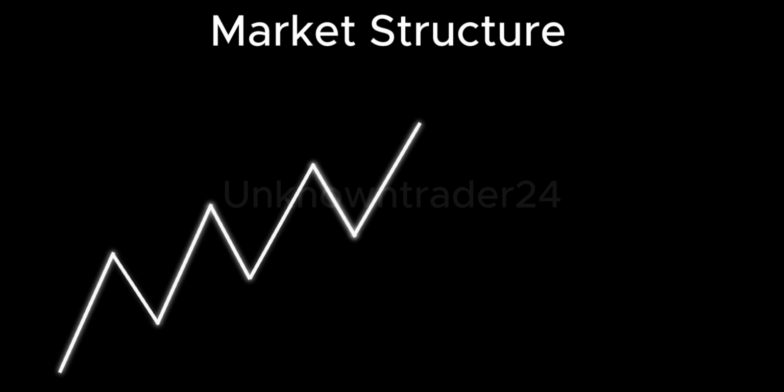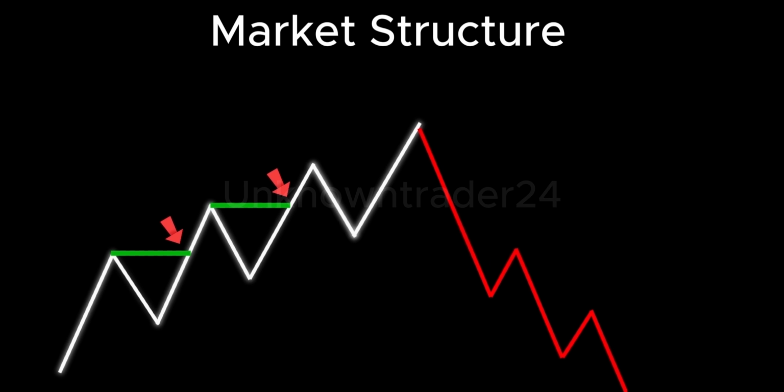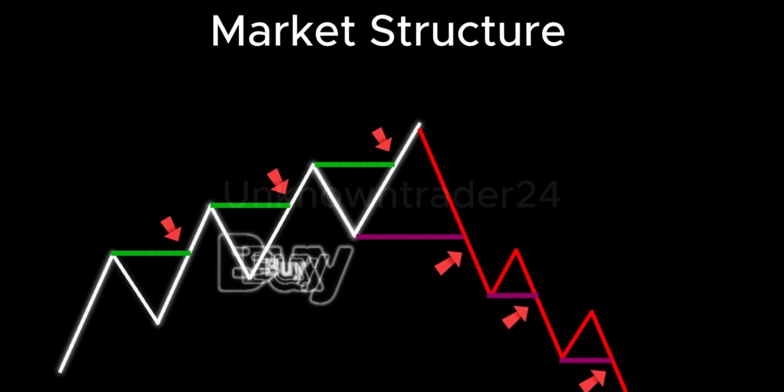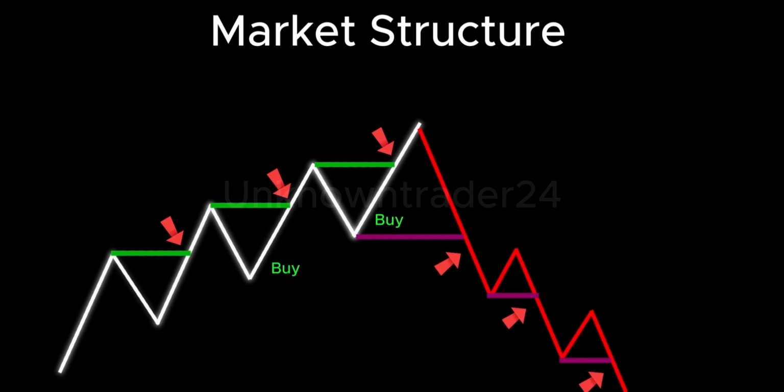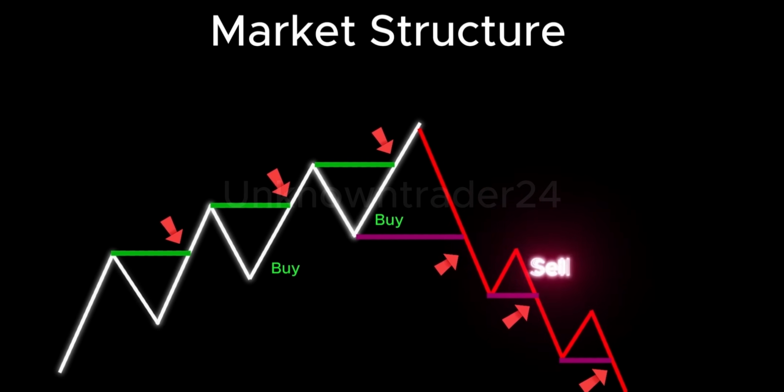It's very important to understand market structure. We have an uptrend where prices are going up and we have a downtrend where prices are going down. In an uptrend, prices keep breaking higher highs, while in a downtrend, they continue breaking lower lows. This behavior gives us multiple opportunities to buy, and it also gives us multiple opportunities to sell if we are